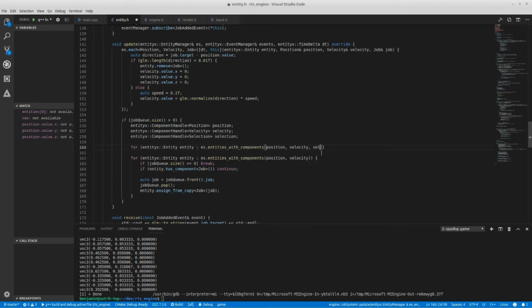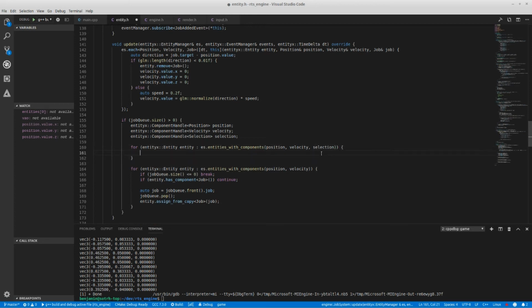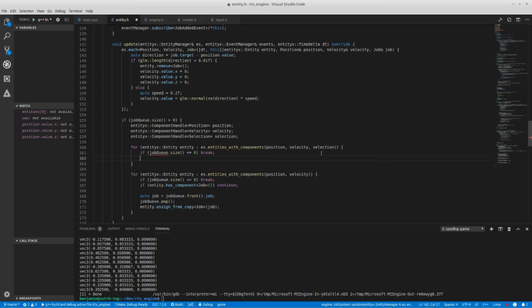Also going to add selection. And then I'm just going to basically, if job queue dot size is less than or equal to 0, I'll break. Or if